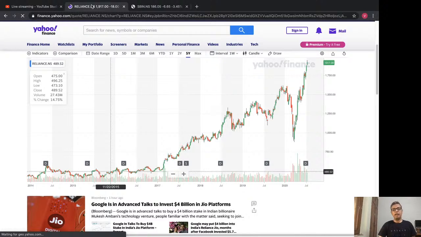Now, it would be ideal if we are able to ride our investment when the time of the stock is good, and we are out of the stock and move to some other stock when the time is not good. Now, the problem is, how do we know whether the time of a stock is good or bad at any given point of time? That is essentially the reason why